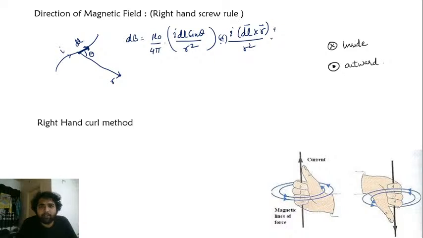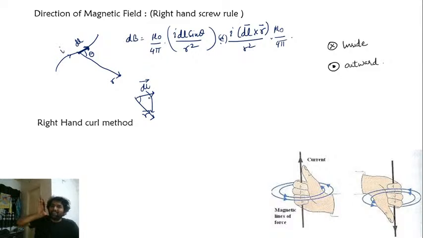Got it? So either one of these, you will keep using. So now you know how to find the direction of the cross product using the right hand, right? You take the first vector's direction and swipe your hand along the direction of the second vector. dl vector cross r vector means you swipe your hand from dl towards r.